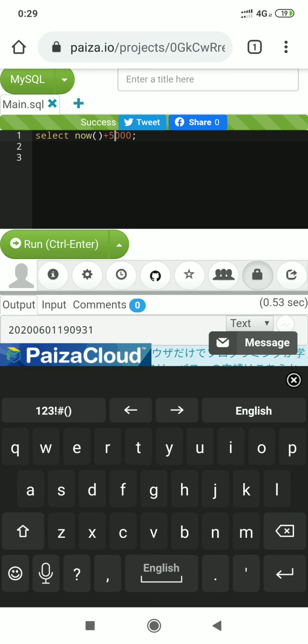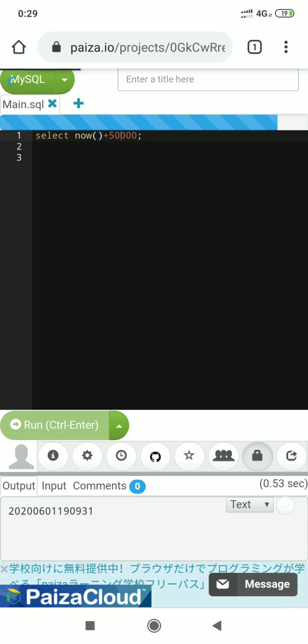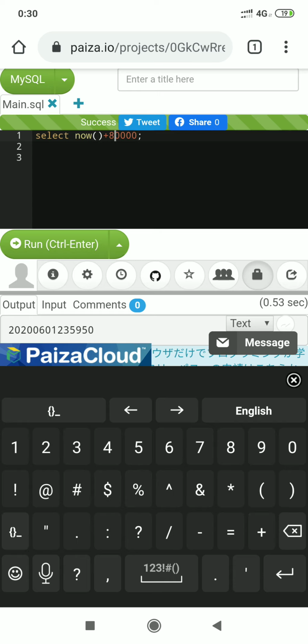If I write 50,000 seconds here, the time is changed to this one. In a day there are a number of seconds, so I change this to 80,000.